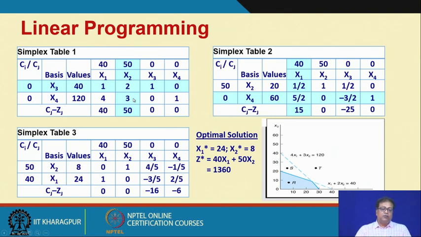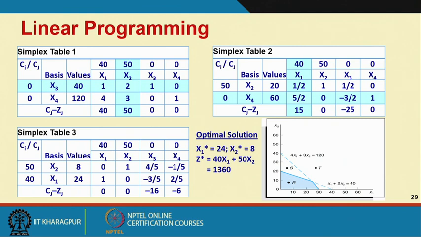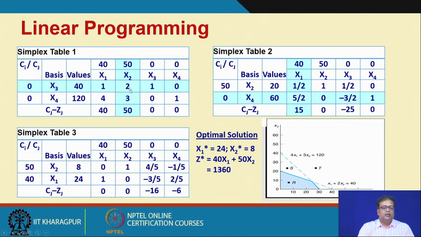But can we make 40? Because we need both x3 and x4. So, which one is the bottleneck resource? The bottleneck resource will be x3 here. Why? Because if we make 20 units of x2, I require 40 units of x3 and 60 units of x4, which I have. But if I make 40 units of x2, then I will need 120 units of x4, which I have, but 80 units of x3, which I do not have. So, this means we can only make 20 units of x2.